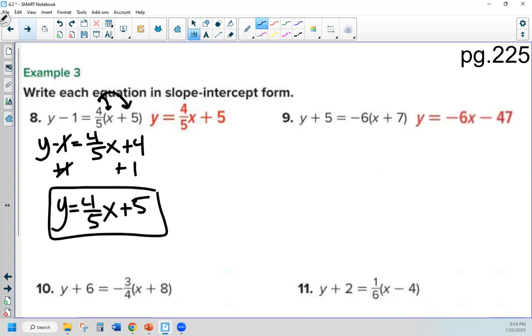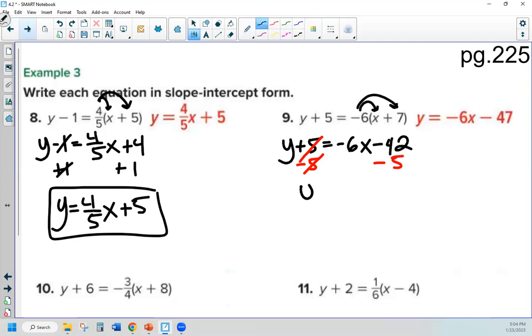Here's the answer. All right, once again, no secret, distributive property. Y plus 5 is equal to -6x, and then negative times positive is negative. 6 times 7 is 42. Boom. The next thing we want to do here is get our constants, or numbers that don't have a variable, on the same side